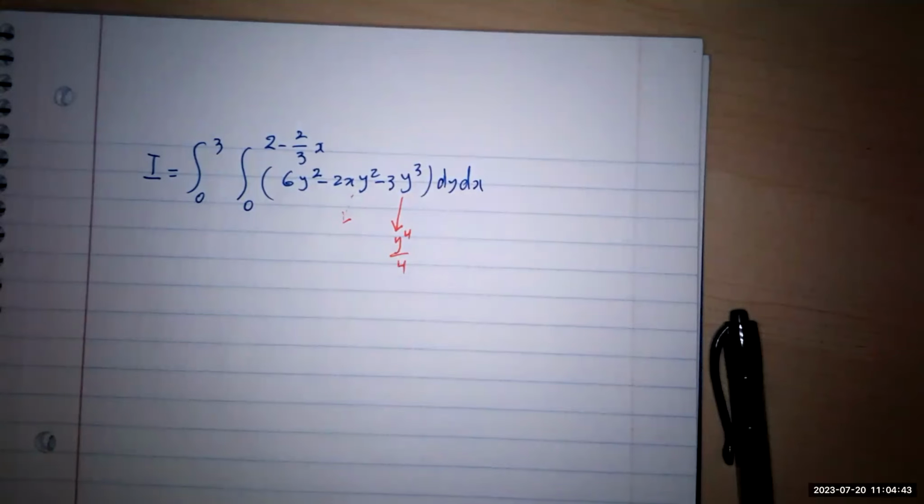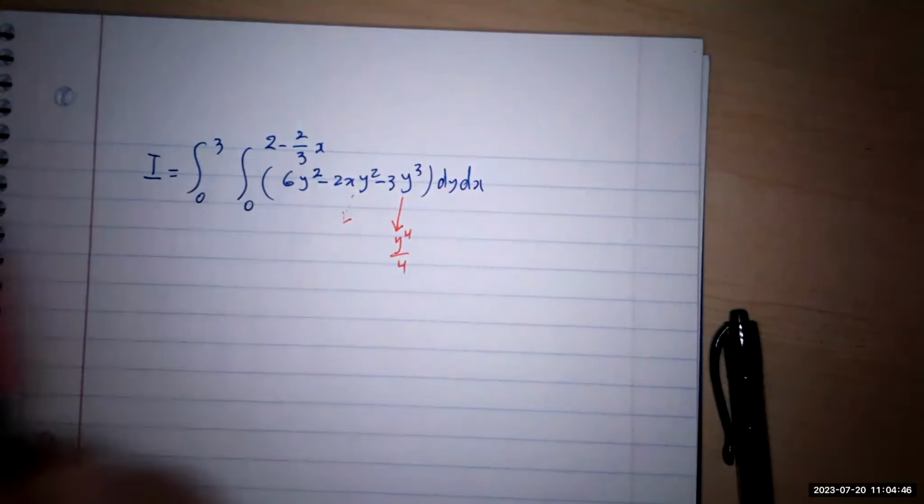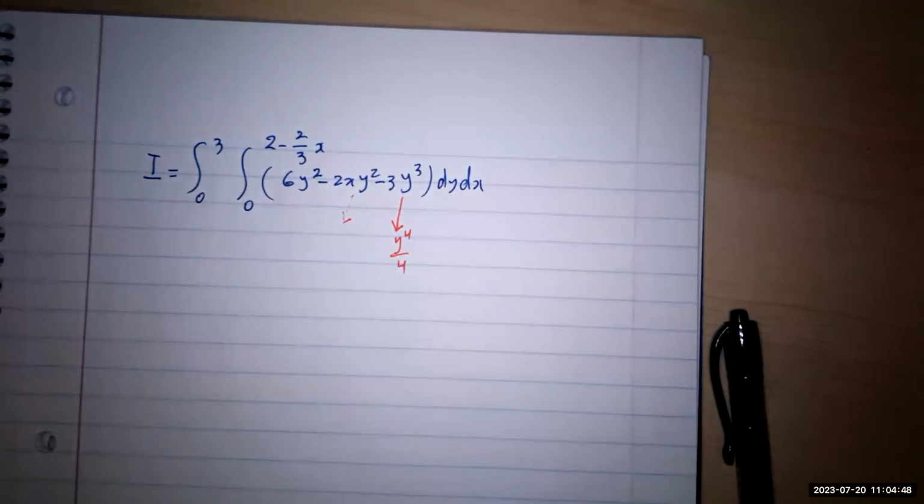And remember, you have to multiply. You have to substitute this one, 2 minus 2/3 of x, and continue. If you like, you can do it, but it takes time to simplify it. So you have two choices. You may go back and